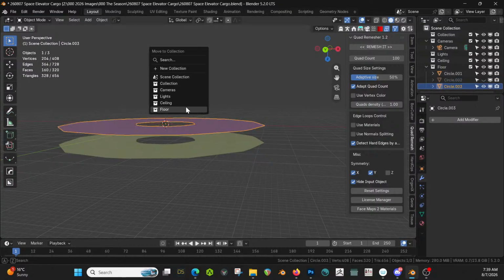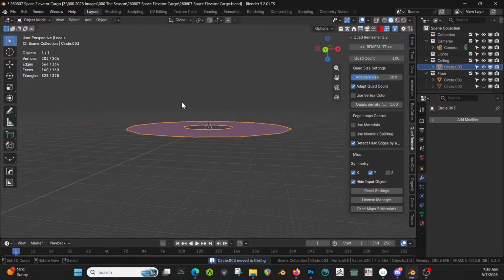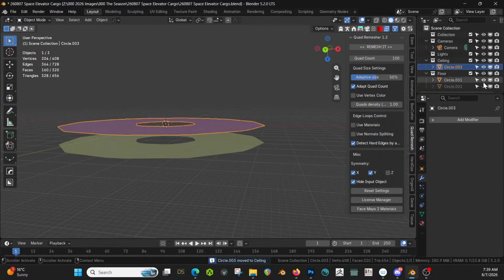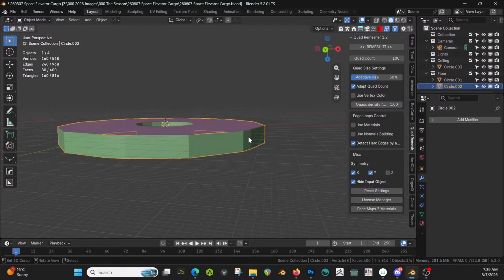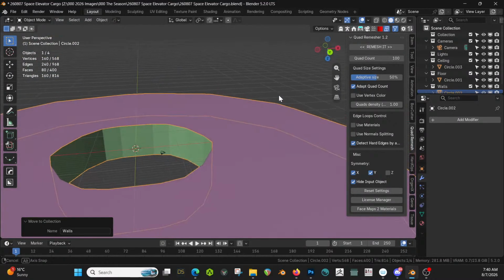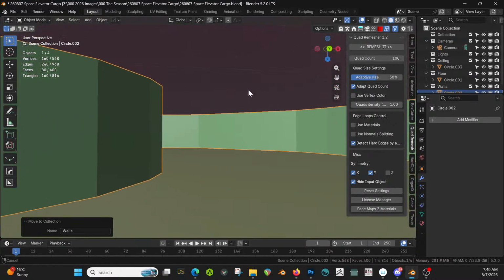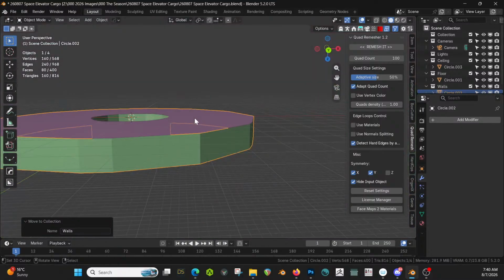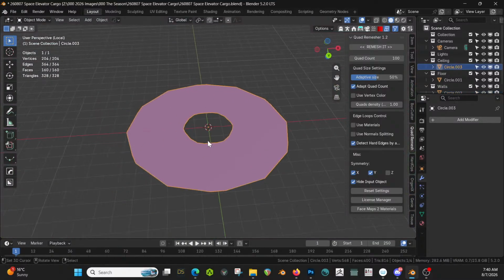Let's check on the ceiling. Those are walls. New collection. Might as well keep them separate. Walls. All righty. Now we're actually lined up properly. Cool. Now the ceiling,